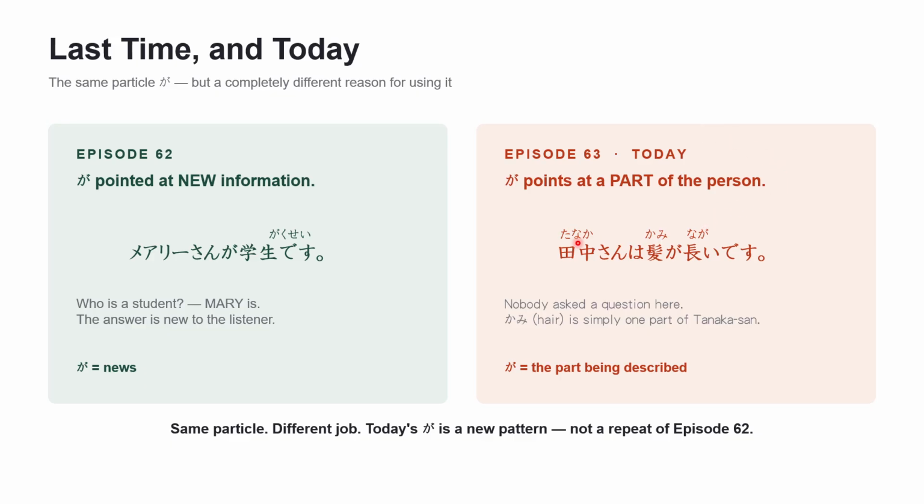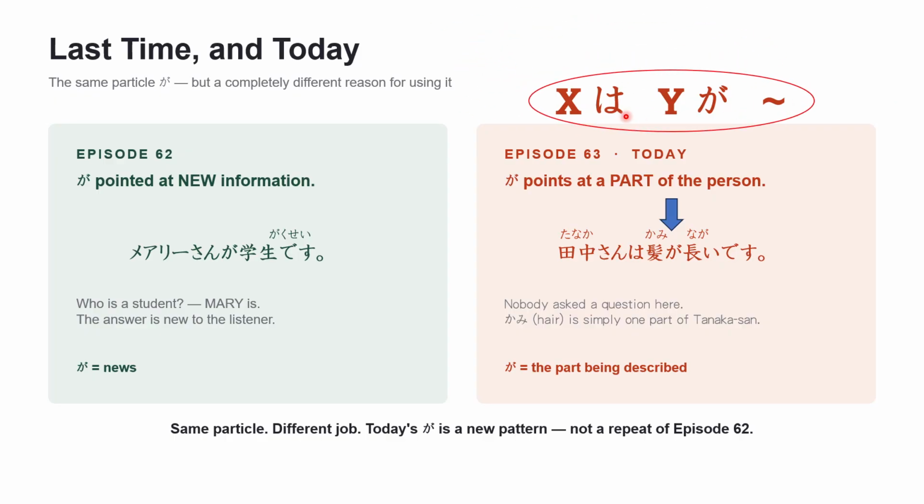Look at our sentence again. 田中さんは髪が長いです。Here, 髪, or hair, isn't new information. Instead, が points to the particular part of Tanaka-san that we're describing. Same particle, different job. So this is a new sentence structure with a new use of が. Rather than trying to connect it to the が you learned in episode 62, learn this as a new pattern. X は Y が something です。